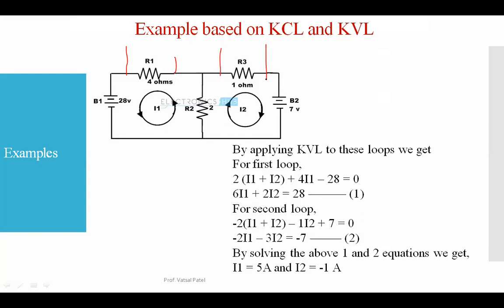What will be the voltage across this R3 resistance? Can we say 1 volt across this R3 resistance we will measure? Are you getting what I'm telling you? And the same thing you can identify for the 2 ohm resistance also. What is the voltage across here? It is 8 volt.